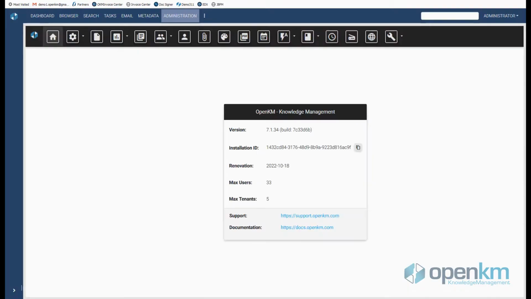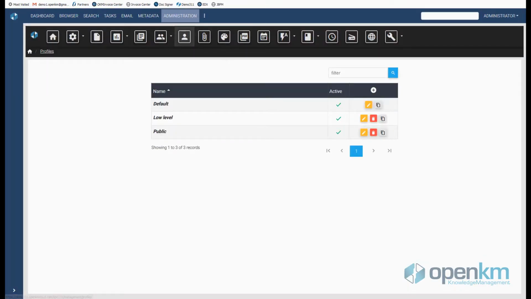For a user to be able to work with a workflow, the administrator must enable the corresponding workflow in the